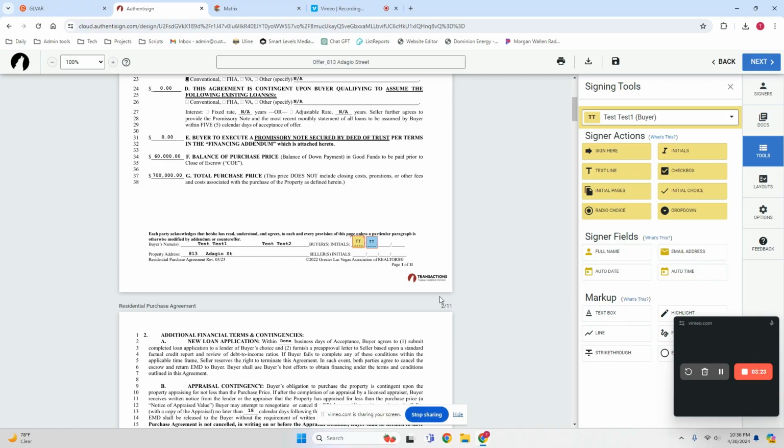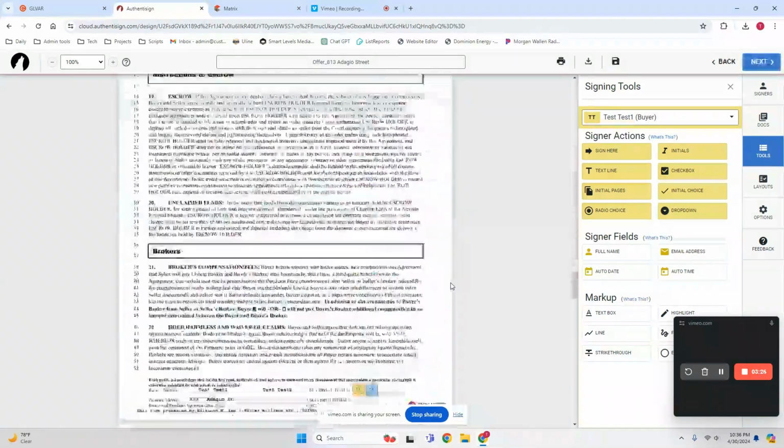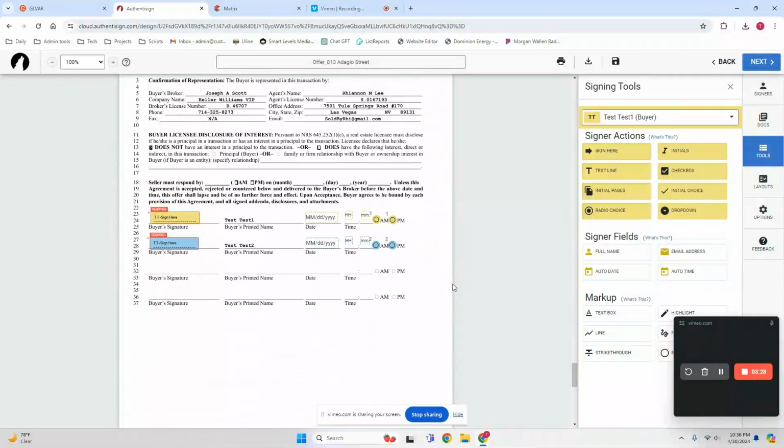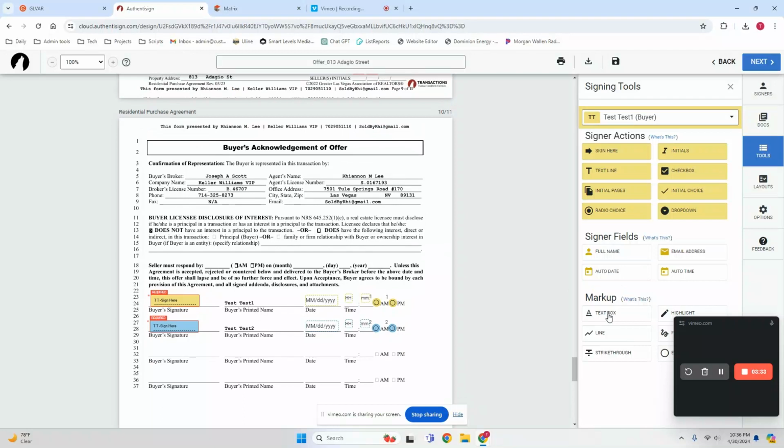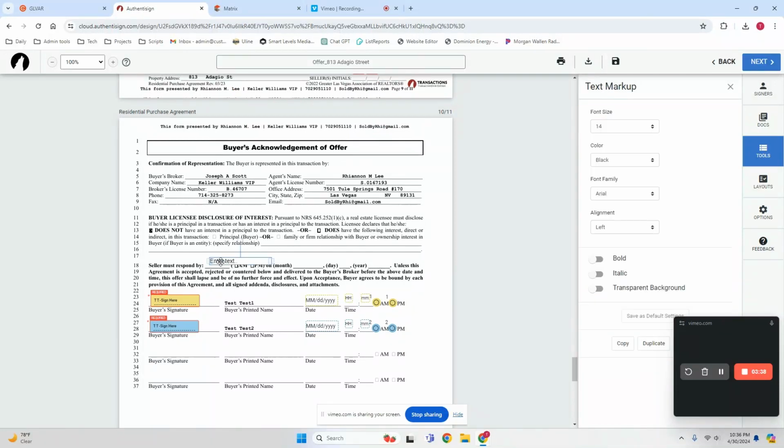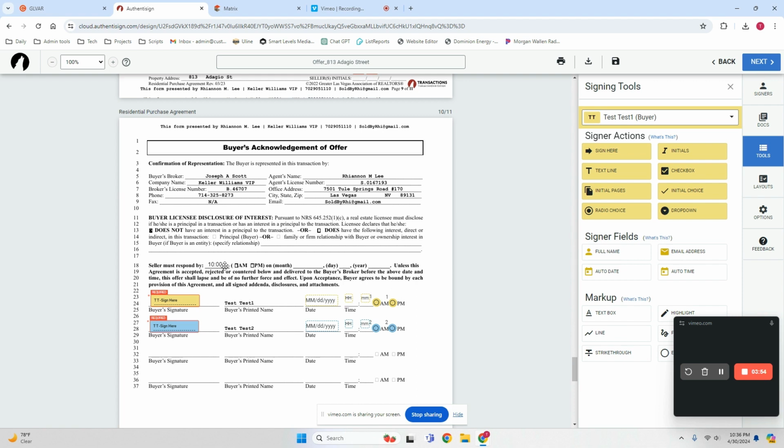So if there's something, say down here, where you're like, oh crap, I forgot to put in the time that I need the seller to respond by, like you accidentally left this blank, then you can hit text box, come over here, and you can actually enter the text here. So you can say 10 o'clock. When you're doing this, if you click on it, you can see over here, you can do transparent background. So that way it's not overwriting anything. And then you want to